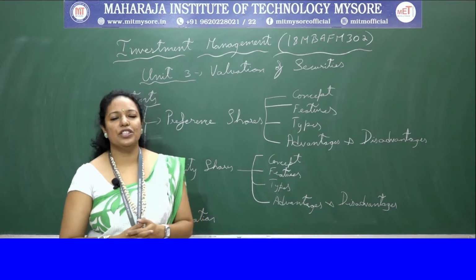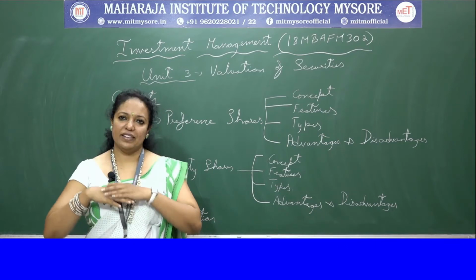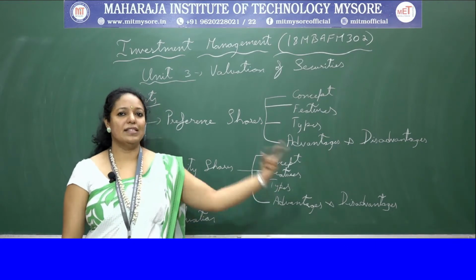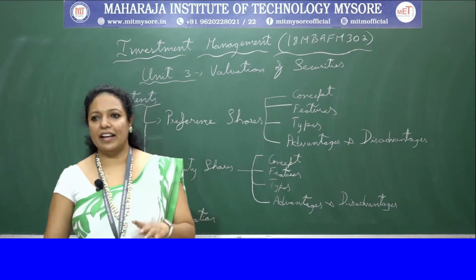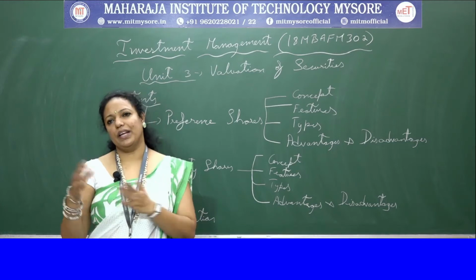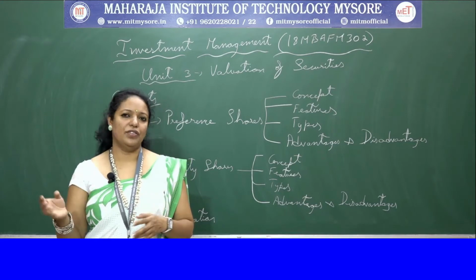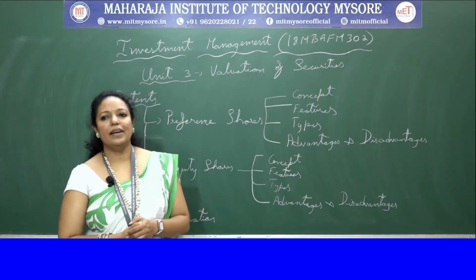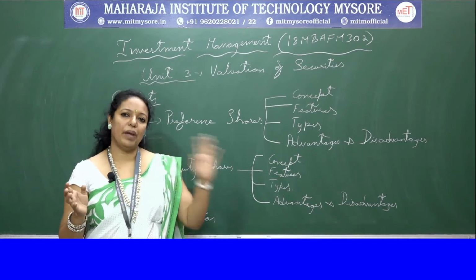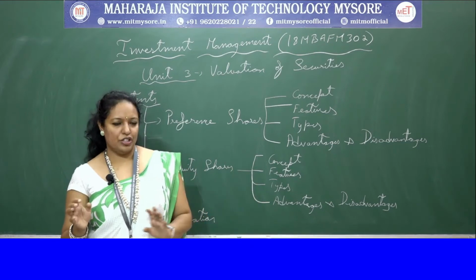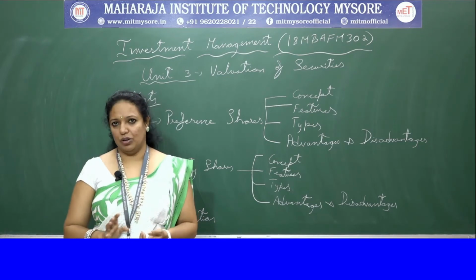Equity shareholders are treated as the real owners of the company, and they bear the highest risk compared to preference shareholders, debenture holders and bondholders. They are also transferable. The ownership of equity can be transferred to another person, with or without consideration. As for dividend, whatever profit is left over after paying the debenture holders and preference shareholders is apportioned among the equity shareholders.